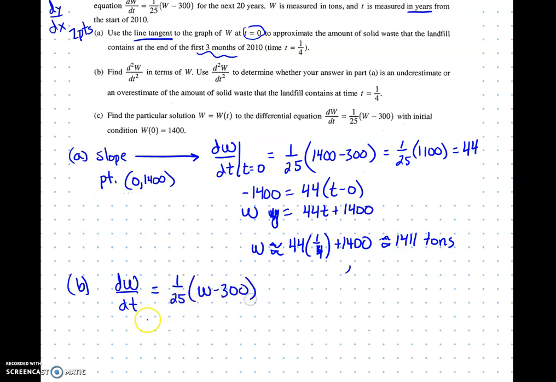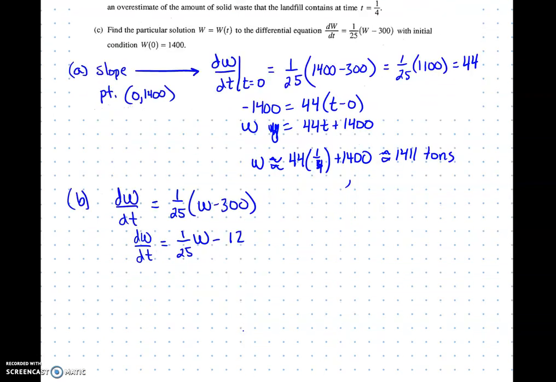There it is. And I'm going to find the second derivative. So I'm literally taking the derivative of this function again with respect to t. Now, if it's easier for you, you can think about this as 1 over 25w minus 12. And that might be nice for some of you. The second derivative here,